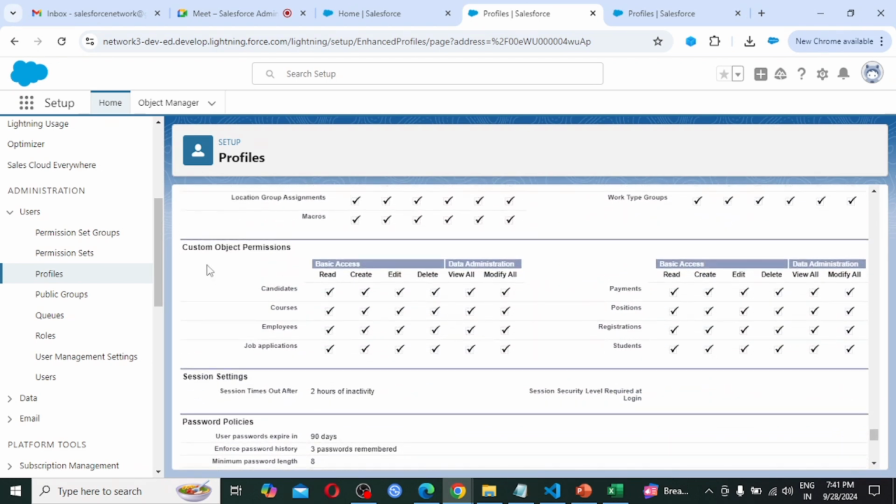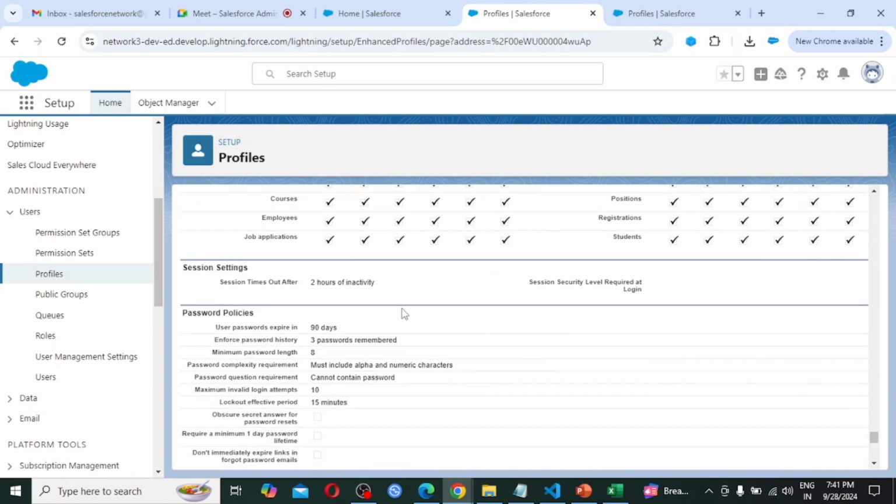We are also able to see custom object permissions. So we had created these many objects: candidates, courses, employees, job applications, and these. So we had given all the access like read, create, edit, delete, and data administration, view all, modify all.